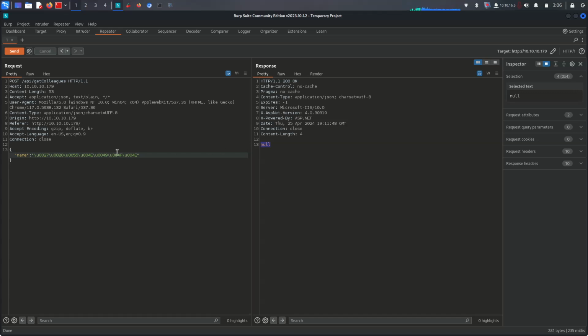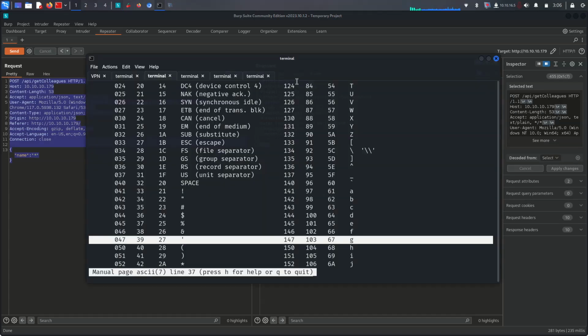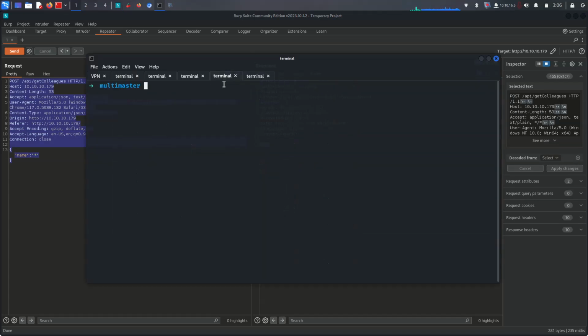Actually, I decided to run Python here, and Python skills will be really cool. But I want to show you different things too. So let me delete them all, and then let me show you how we can do this with SQLmap. I'm going to give stars here, and let's say go here Multimaster and nano,